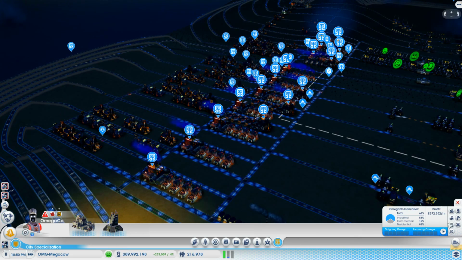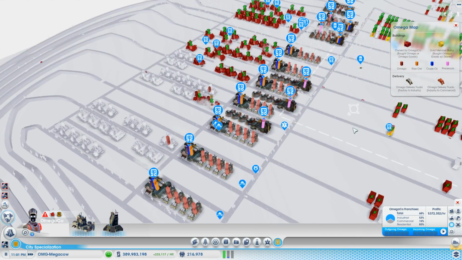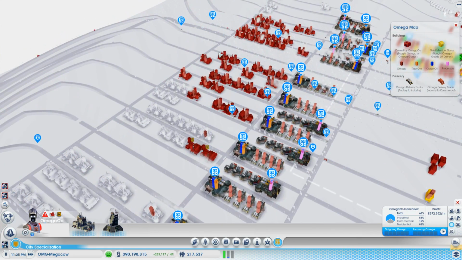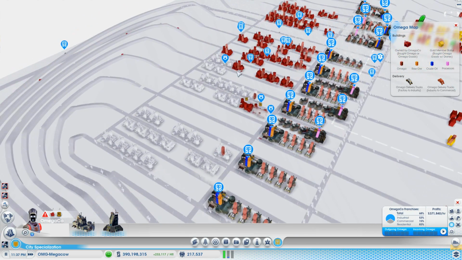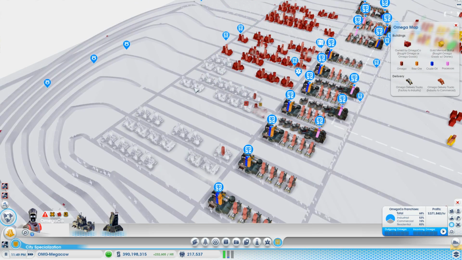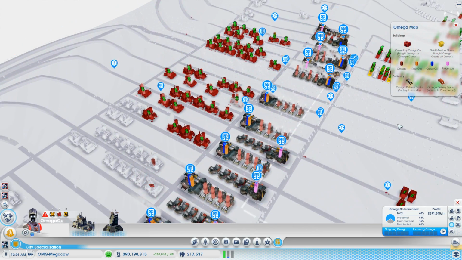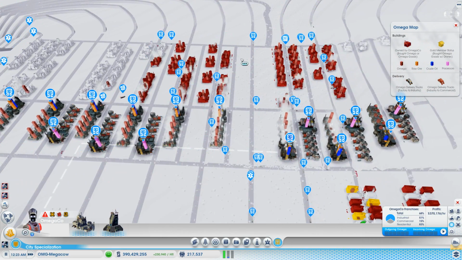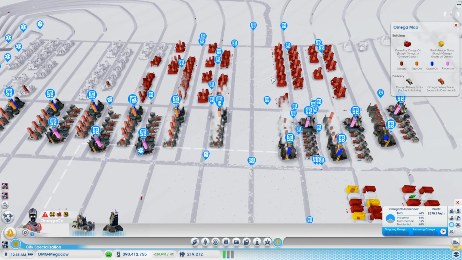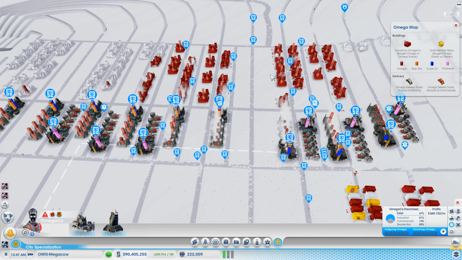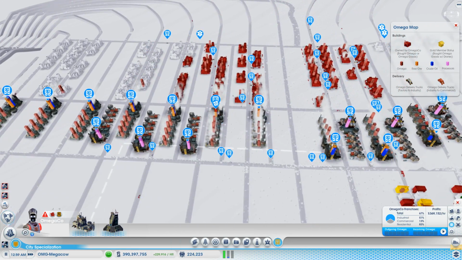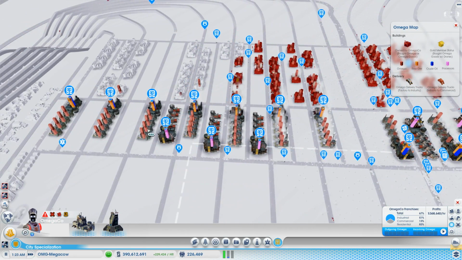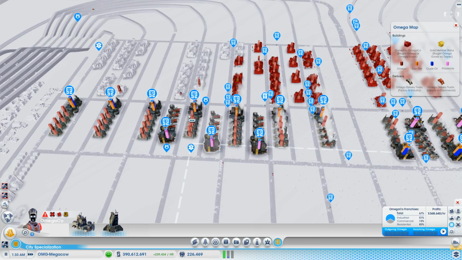I think this is something I'm going to have to play around with. Let's look at the Omega map. You'll see that even though I've got all of these Omega factories in, we're populating over here, but we're not getting these converted. The trucks are just going round in circles in the middle, and it's just screwy behaviour. But I'm hoping that once I get the whole thing repopulated again, it might sort itself out a little bit. We'll have to see.